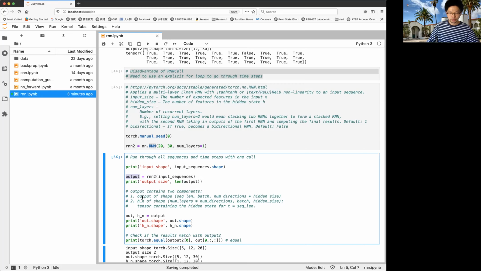The output has 2 parts. The first one is in this shape. It's at the same length as the inputs, right? It's the same sequence length. And the dimension of the activation is the number of directions times the hidden size, because in our case the number of directions is 1. So it's actually just the hidden size, right? And the second